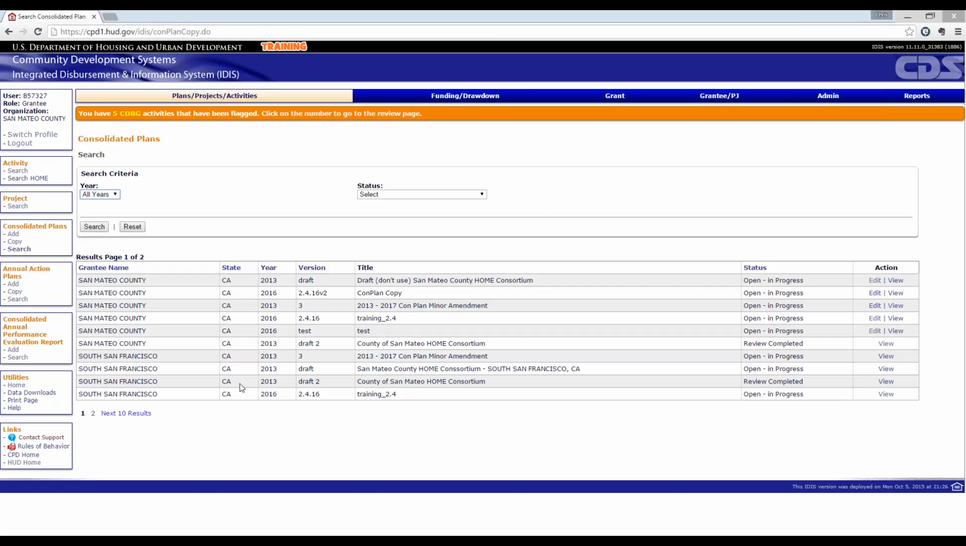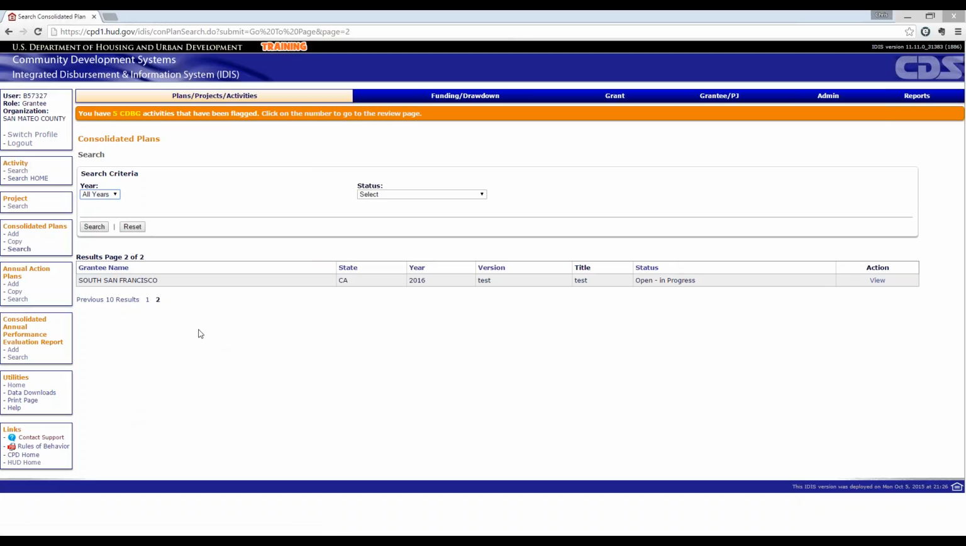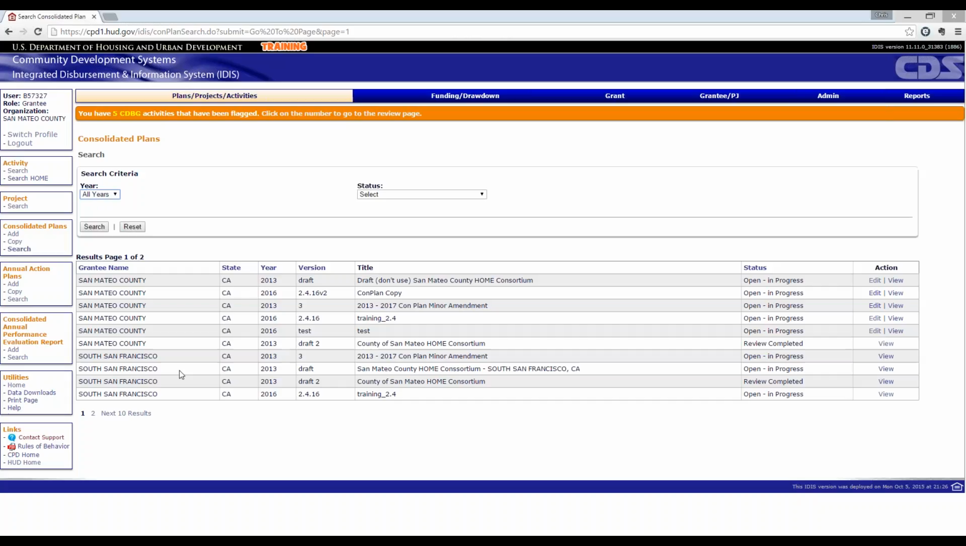And here we go. Here is our new copy that we just made of our consolidated plan and our year one action plan. It's embedded in it. And you see the version is now 2.4.16 version 2. And as I'll just show you, clicking over through the South San Francisco,